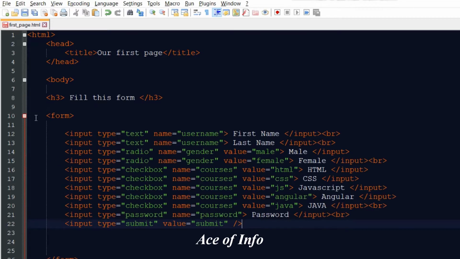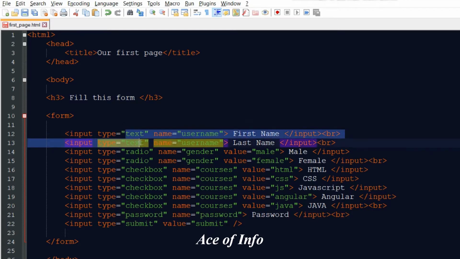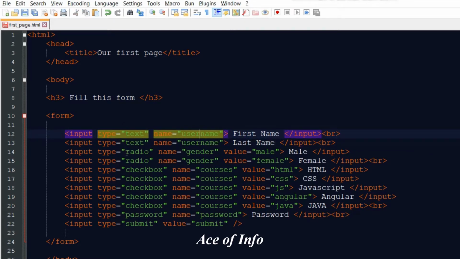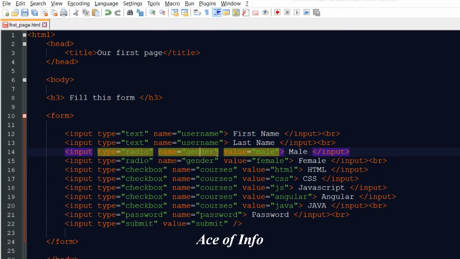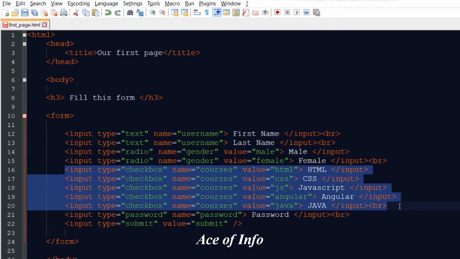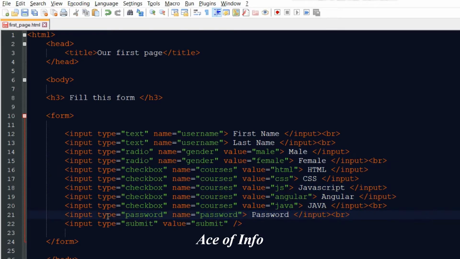So this is an example form I created. I have this heading that says fill this form, and then I have input types, first name, last name, of type text. On the type of radio I have the gender, male, female, and then for type checkbox I have a few courses listed, and then I have the password with the input type password, and finally I have the submit button. And if I save this and go to the browser,